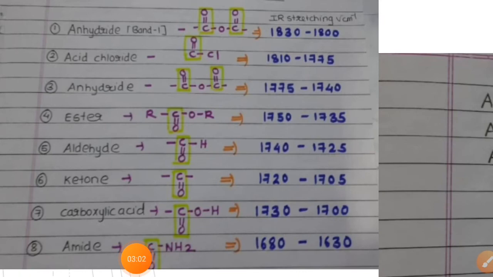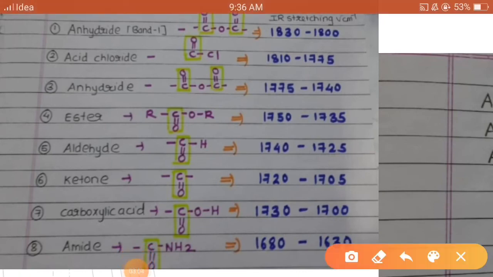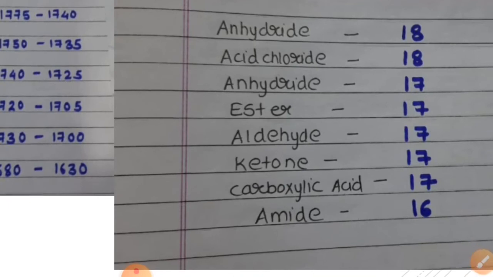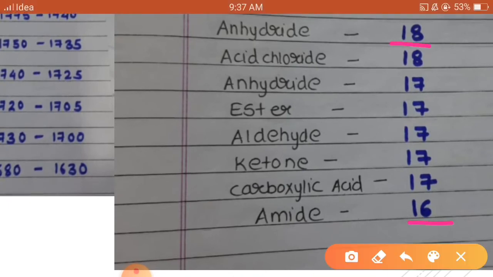Now see, these are all the carbonyl frequencies. You can see something common here. This is 16, which is quite different, so we can remember that the last one is 16, which is the lowest. About two are 18 and the remaining all are 17. So we can arrange it like this. After writing through the mnemonic, we write the last one as 16, then two 18s, and the remaining all 17. Then what is the next step?